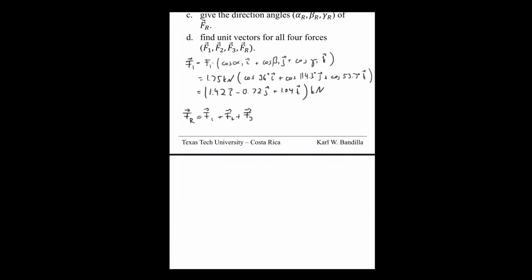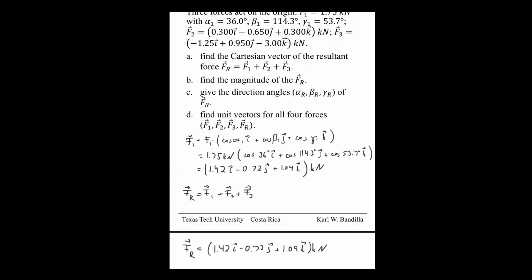So Fr is equal to F1 we just created, 1.42i minus 0.72j plus 1.04k kilonewton, and then F2 is there,